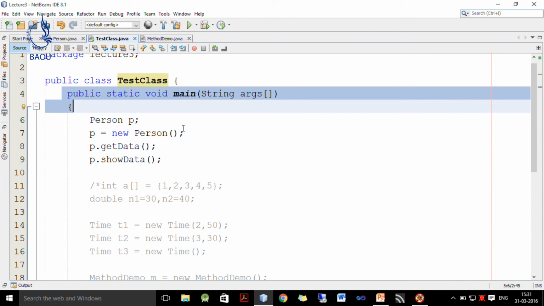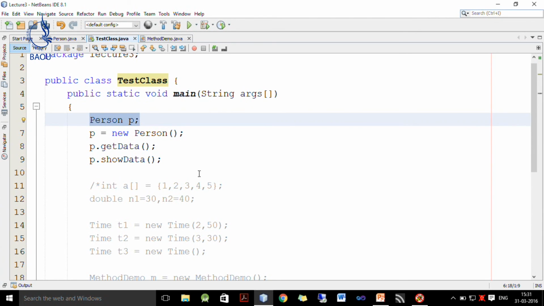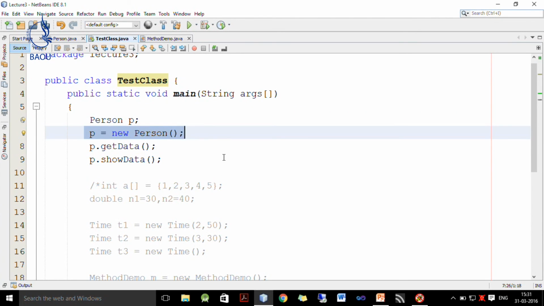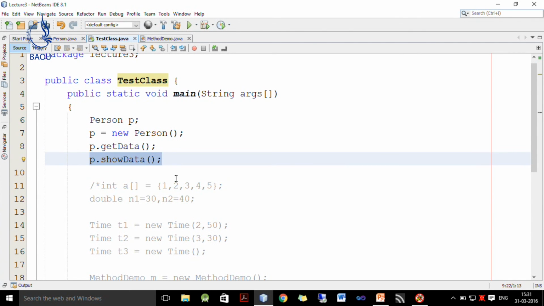Inside public static void main we define one person object P. We allocate memory for P by writing new person, and then we call its get data method by writing P dot get data. If my object name is X, then I write X dot get data, and once this data is read, I want to display it. So, I call P dot show data.